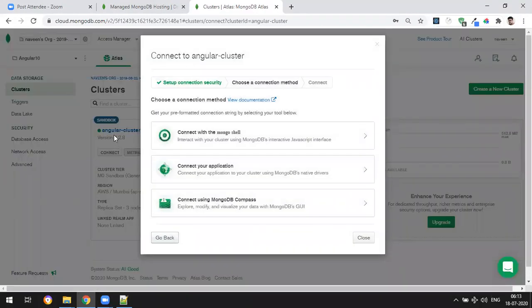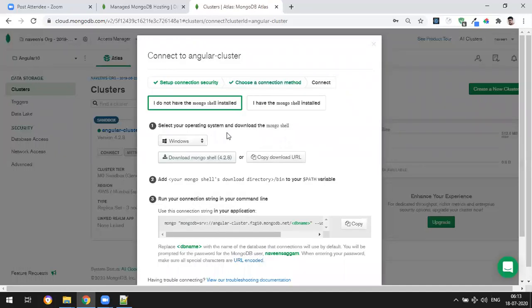Once you click on connect, you have multiple options. You can connect with the MongoDB shell, that's your local command prompt, or from an application, any Node.js application or whatever, or connect with Compass. This is the software we have to install later. Now I just want to connect with my local command line. Just click on Mongo shell, and here they give you one address to connect Mongo and URL.